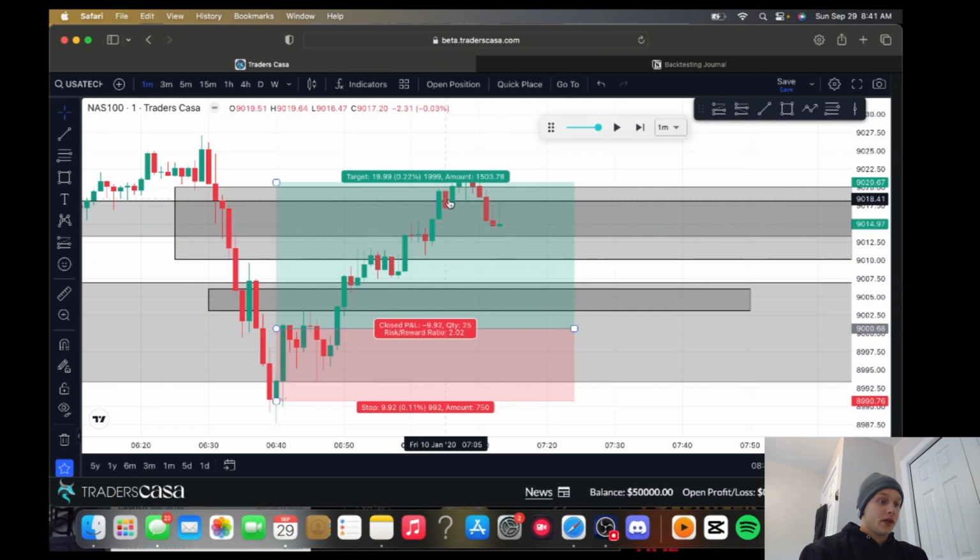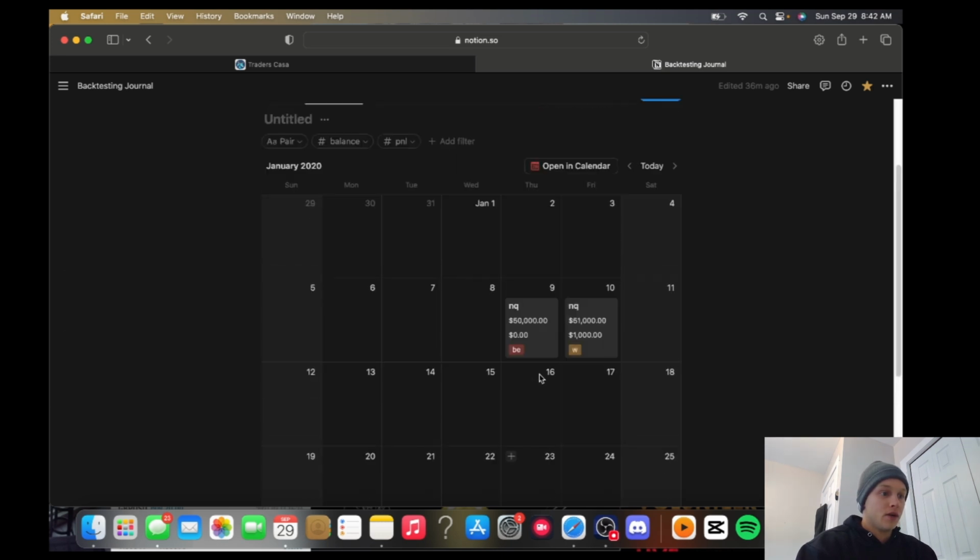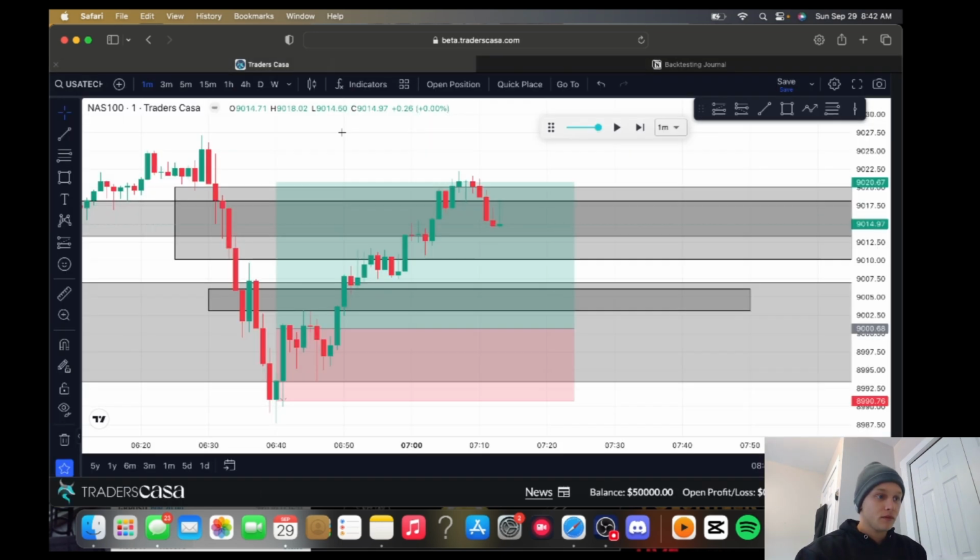So what I'll do here is this is going to be Friday, January 10th, and I'll just mark that down quickly. So there we go. That's what we've gotten so far. So Monday, Tuesday, Wednesday, no trade. Thursday, break even trade. Probably would have been 2 break even trades, but break even day. Friday, we took the win, one and done.